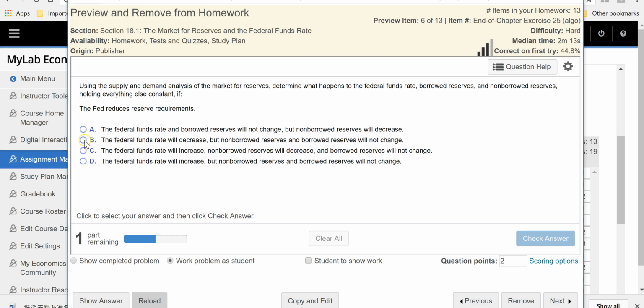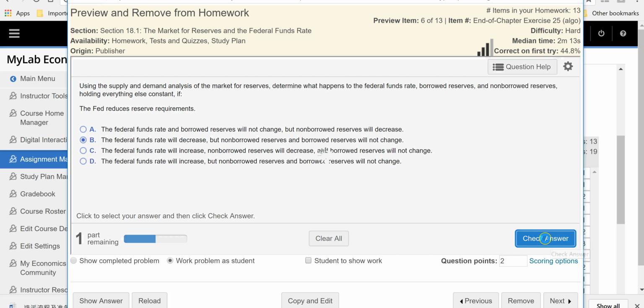So seems that the only one here is B, right? All others either no change or increase. So the only answer here is B, the federal funds rate will decrease, but non-borrowed reserves and borrowed reserves will not change. So this question actually, to answer this part, you need to draw the graph, but if you click on this,